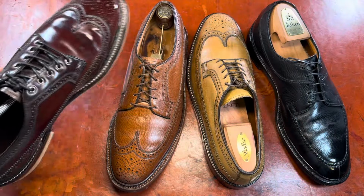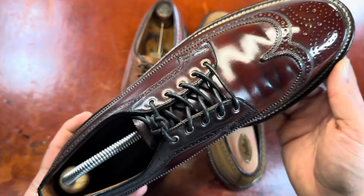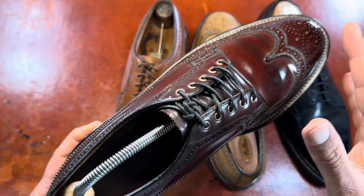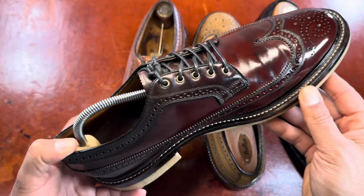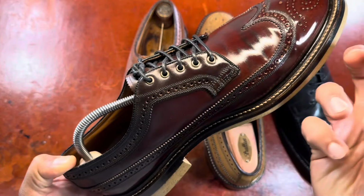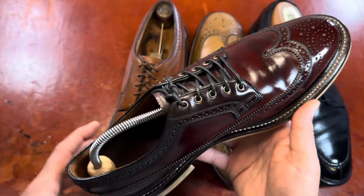So let's start with the longwing Blucher shell cordovan model. This is Horween shell cordovan in its deep burgundy signature, also known as color 8. Now, color 8 has gone through a number of evolutions. This particular version, which was, I believe, from the 1950s and 60s range, 1950s in this case, had almost more deep brown undertones that, when this leather was not conditioned and dried out,